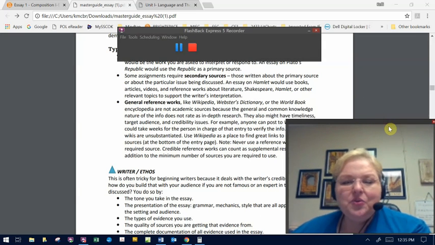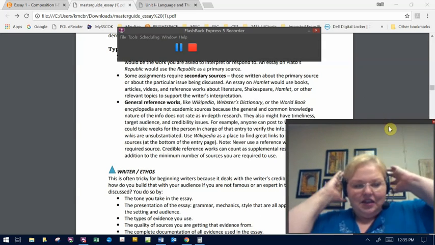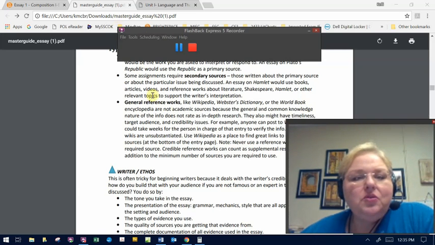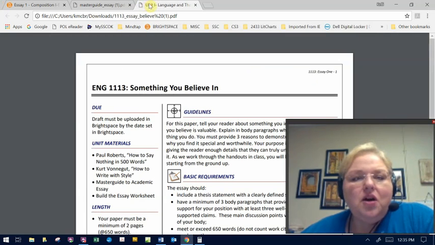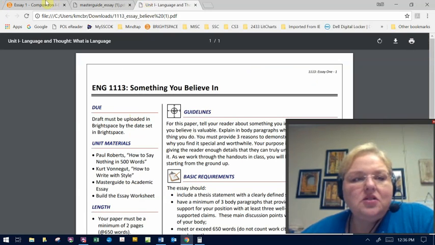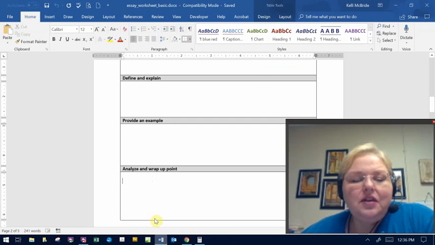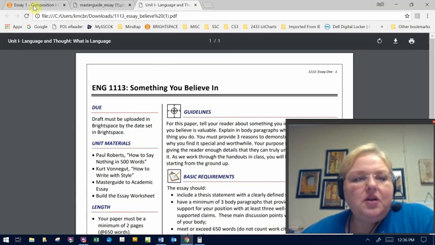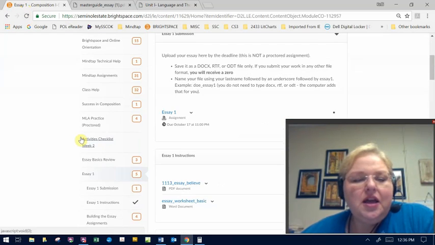Hi. So we're going to be looking at the Essay 1 unit today, and specifically we're going to be working through the Master Guide to Academic Essay and the Unit 1 essay handout, and we'll probably be looking at the worksheet here a little bit as well. So let's go to our Brightspace page, and you're going to see on the table of contents